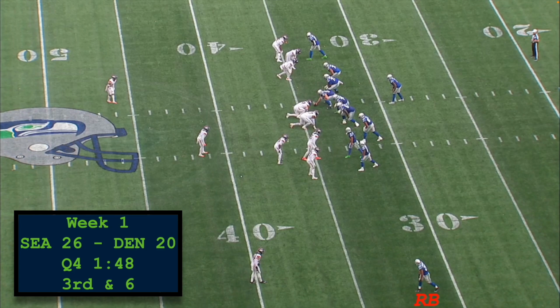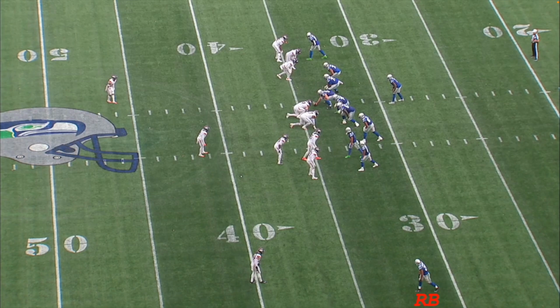The Seahawks are up 6, facing 3rd and 6 at their own 34-yard line with just under 2 minutes to go. A first down seals the game. Seattle goes empty with the back out wide, who gets followed out there by a linebacker, which is a dead giveaway for man coverage. Denver called man-free cover 1, which drops a safety into the post and sends 5 at